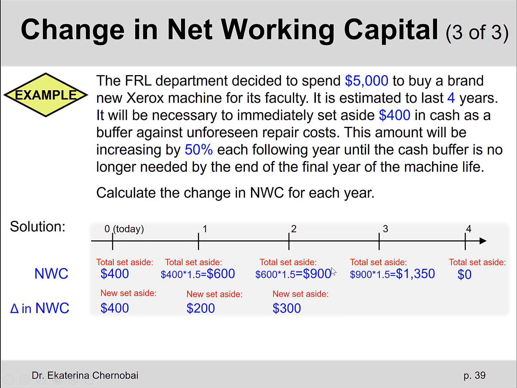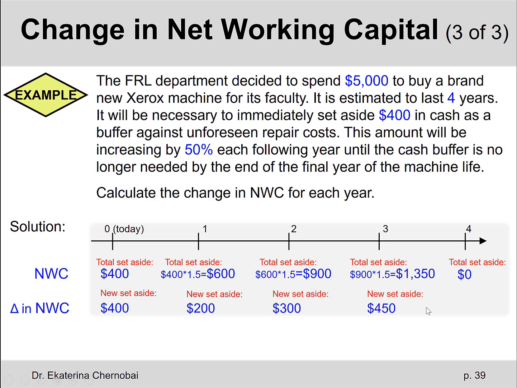So that's the difference between $900 in the net working capital in year 2 and $1,350 for end of year 3. That's $450. And now we go to the final year of this project. In the final year, things are again slightly different. Remember we said that the buffer will no longer be needed, right? So we recover the entire cash reserve that was set aside until the end, kind of towards the end of the project.